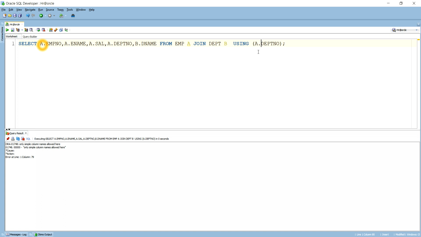It is telling about this USING clause column name, because in the USING clause we cannot give any alias name. We have to give the column name only. So if I remove this and run the same query again, you see again it is telling that the column part of the USING clause cannot have a qualifier. That means we cannot use this alias in any of the columns which you have written here. So what you have to do is remove these aliases, and